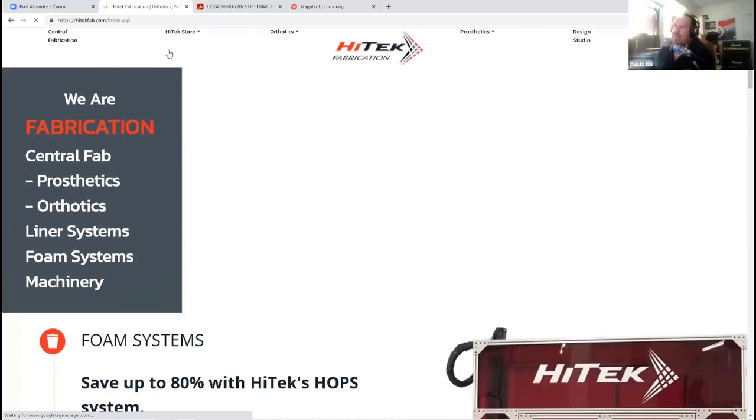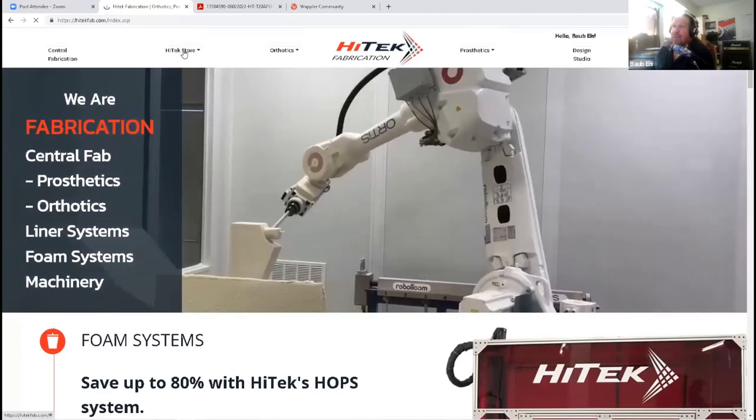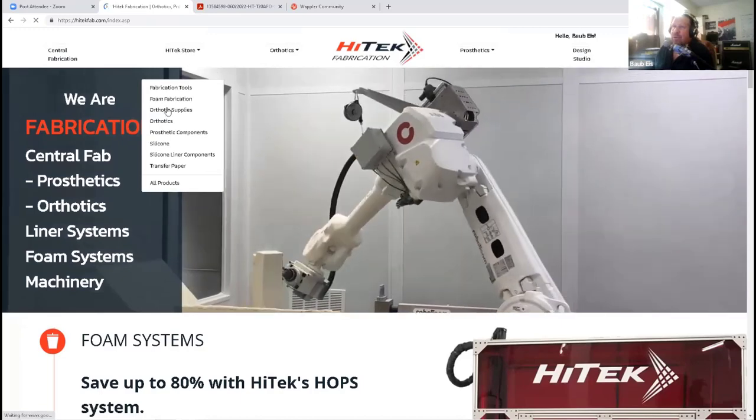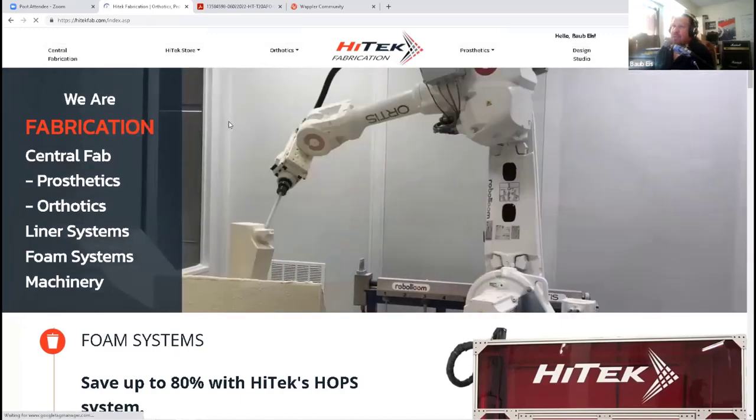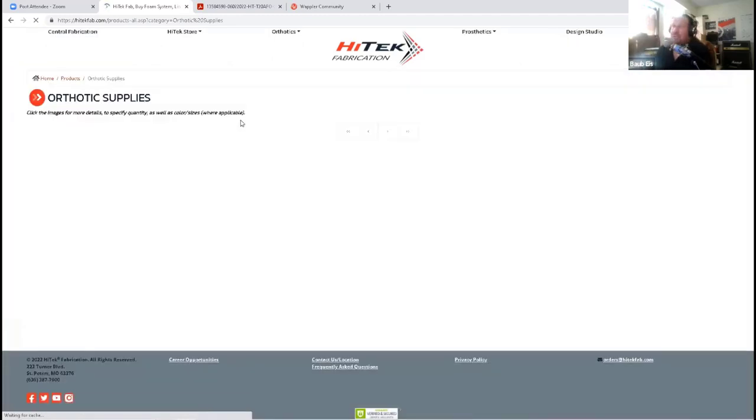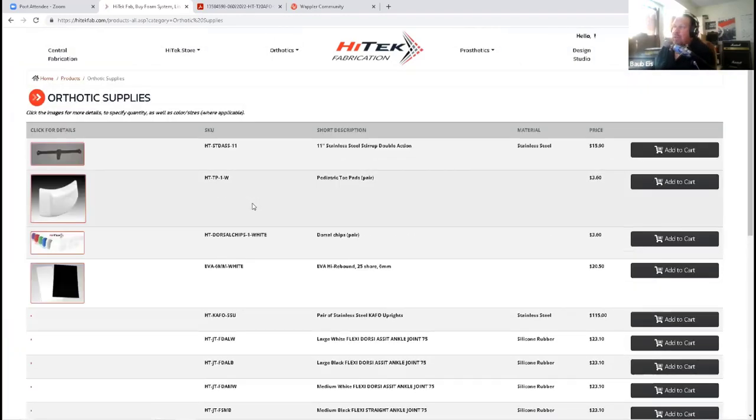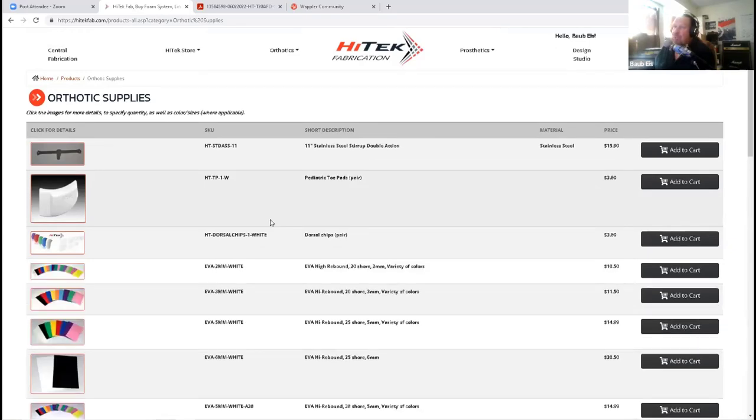This is the High Tech Fab public side. I've got the store. We can look at orthotic supplies, and this whole web store version is all built in Wappler. I think Ben maybe had a tutorial on using the storefront, and this whole thing is built on that.